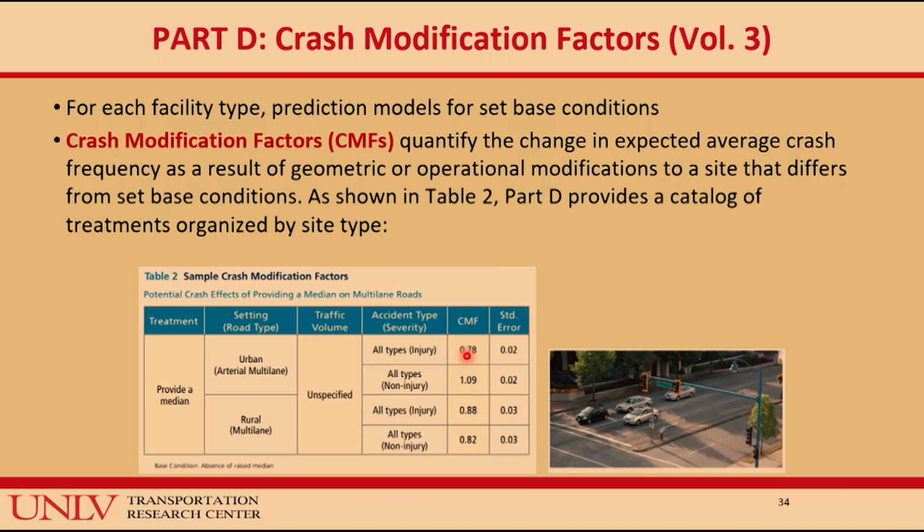So going back to our VSL calculations, the benefits that we derive from reducing the injuries outweigh the disbenefits or the costs of having non-injury crashes. So not everything that we do will always have a positive outcome. Whereas in the rural setting, it is positive in both injury and non-injury. Is there anybody who did not understand this concept? Ritvik, no?